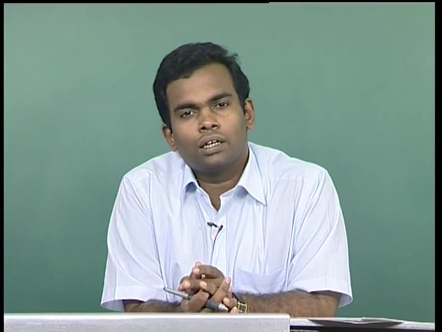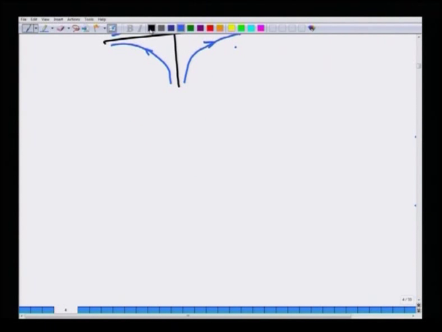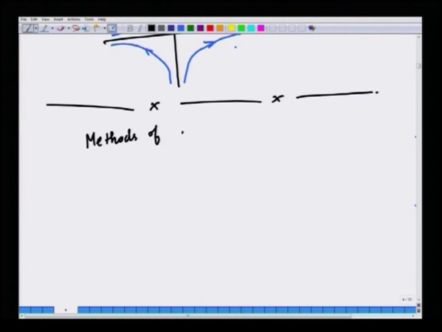And we should also remember that the path line is an inherently Lagrangian concept, while the streamline is inherently an Eulerian concept. Okay. So, this sets the ground for analyzing fluid flows, because we have now discussed the elementary principles of kinematics. Now, I am going to go to another major topic, how to analyze fluid motion. Methods of analysis.